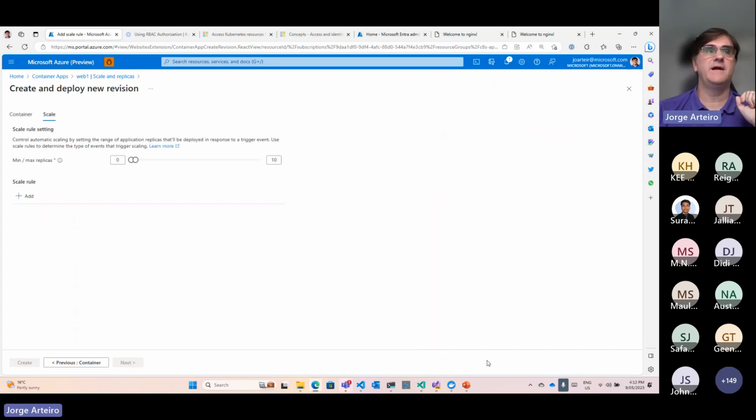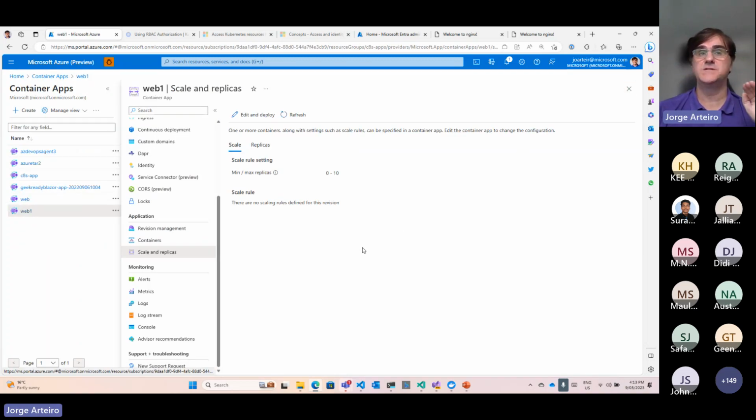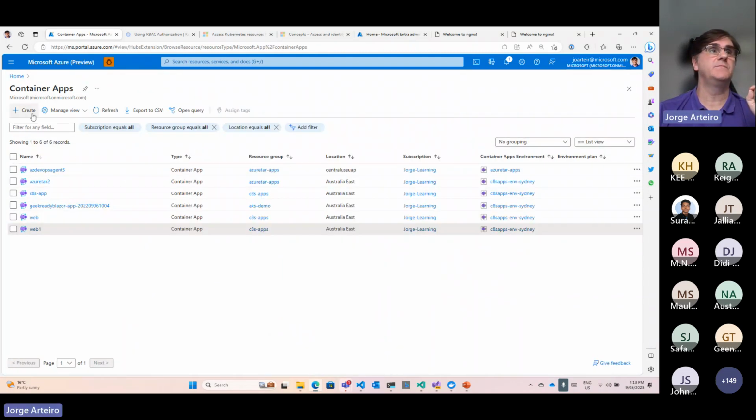And you can define how many copies you can have maximum. I think I set maximum to 10, but you can put a number that you want. And that's how Container Apps is different from that. You just go from Azure. You can also, from here, let me create one, sure.